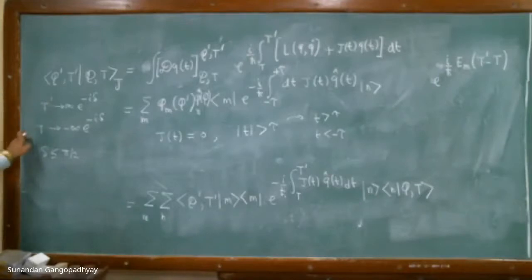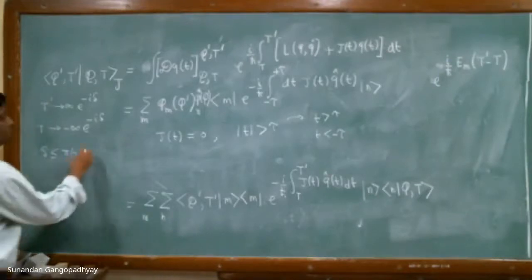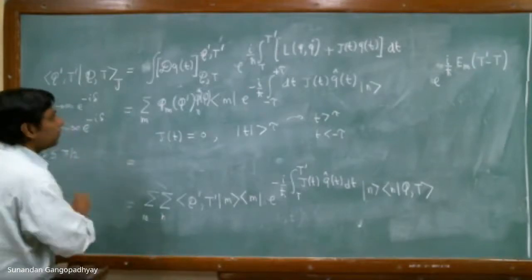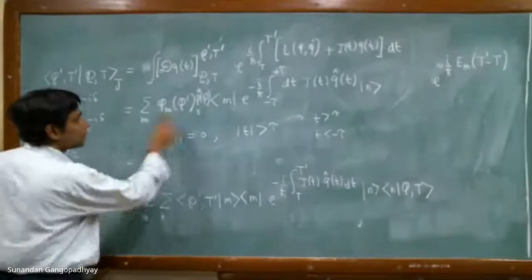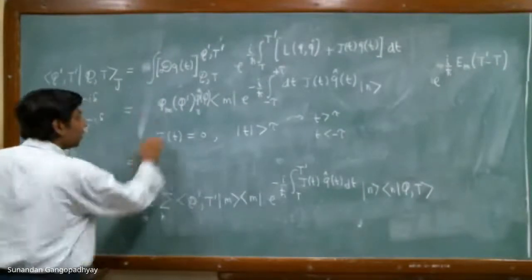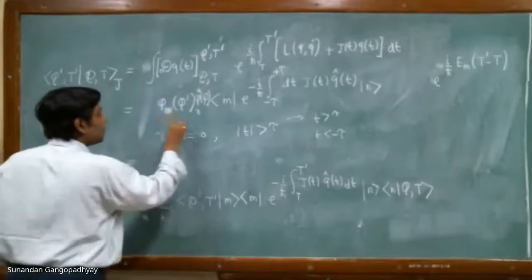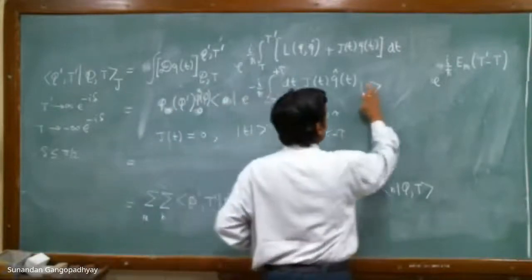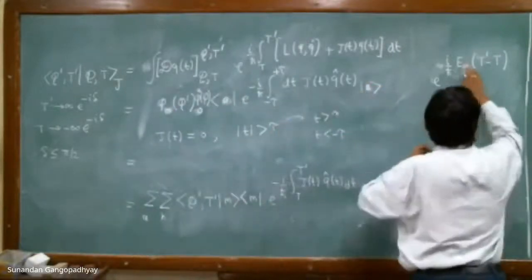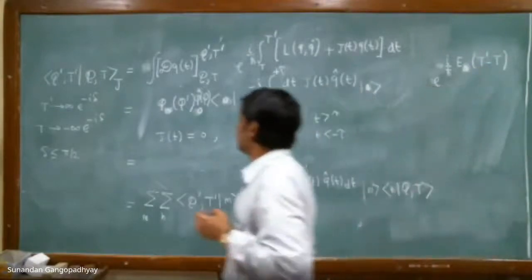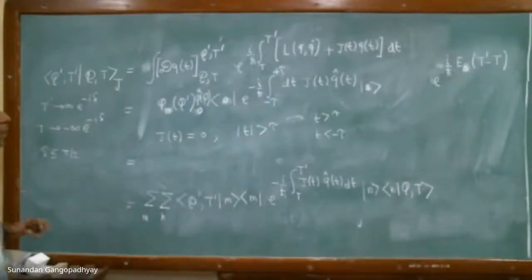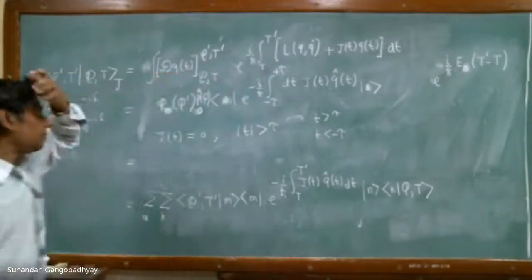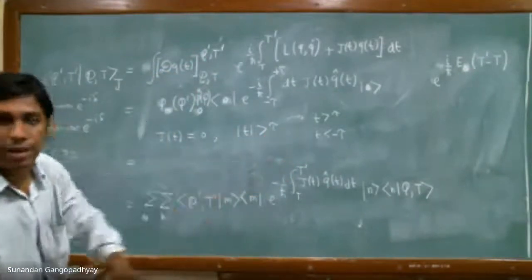And now I take this limit. If you take this limit, what will happen is this will go away. This will become 0. This will become 0. This will become 0. So this is the ground state, and this will obviously become 0 because of this limit. And this integral limit is from minus tau to plus tau. That is what we have because of the physical condition that we have imposed.